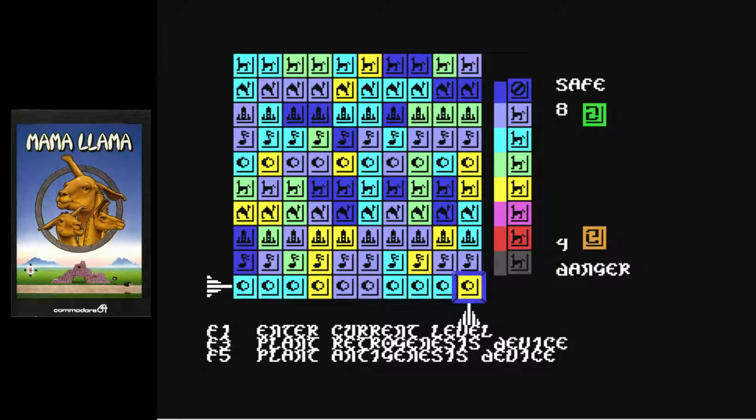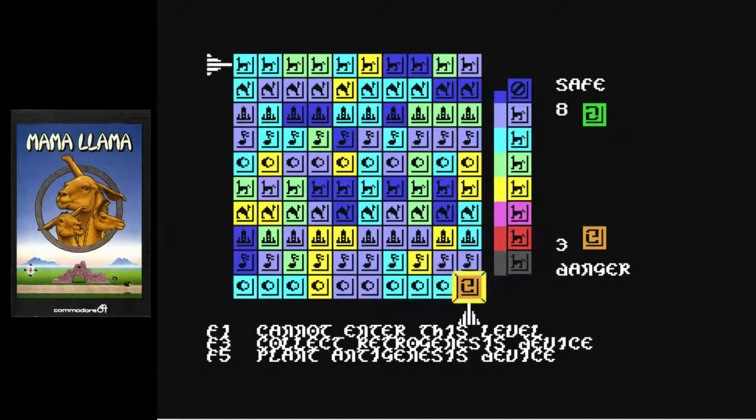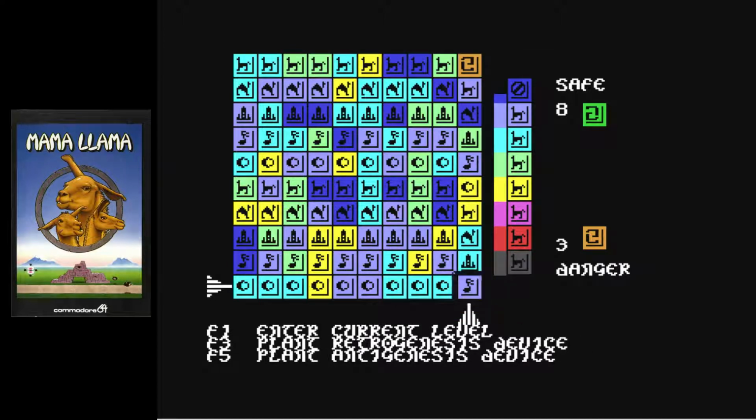You can move the grid by moving the pointers, so there's one vertical, one horizontal, and remember, it's the bottom right square that you are playing next. So you can see it's got a yellow level in it, so that means there's quite a few enemies in there already. So what we can do is plant a Retrogenesis device and then move that level out of the way. So we're now going to play this level,